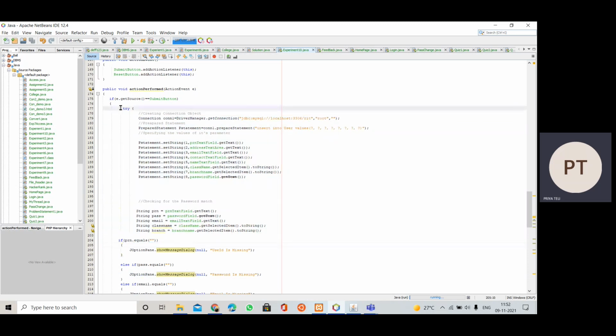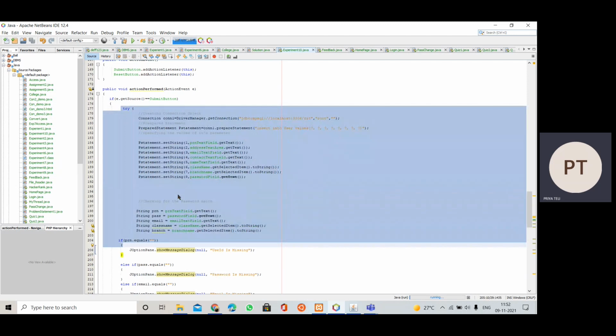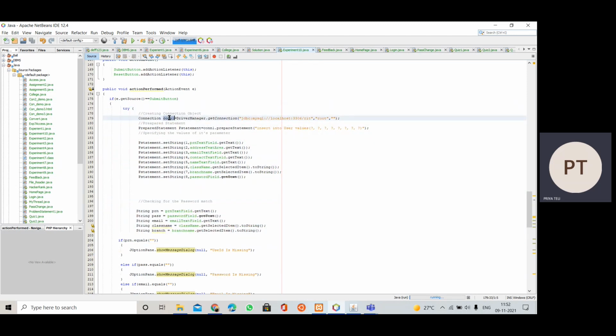It may raise an exception, that's why we have written it inside a try catch block. So we have created a connection class object con1, and we call the get connection method from the driver manager class, and we pass these three arguments: this is the URL for JDBC, this is the username, and here comes the password. This URL is fixed, just the changes will be here: the host name, in our case it is localhost, here the port number of the MySQL server, in our case it is 3306, and here comes the database name in which our table exists.